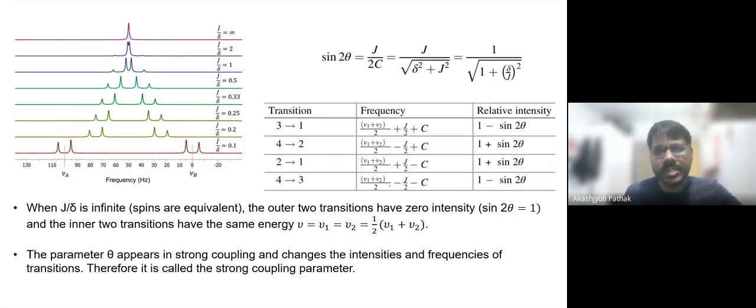So you have to use this equation. Basically you have to put the theta value 22.5 in this equation. When you put the value of 22.5 and calculate the J by delta value or delta by J value, if you divide it by J on both sides, then you will have this equation. Finally, this will be the form of equation that you will get. So this one, if you calculate,